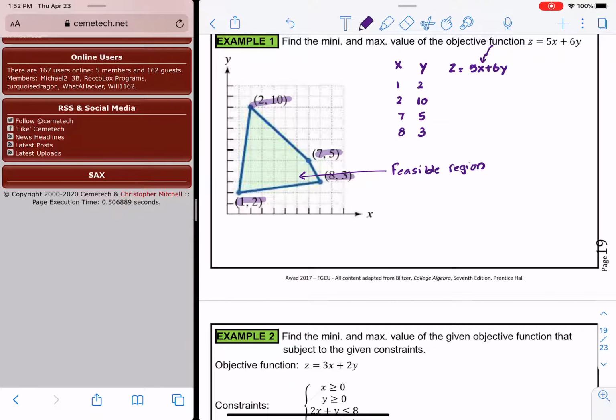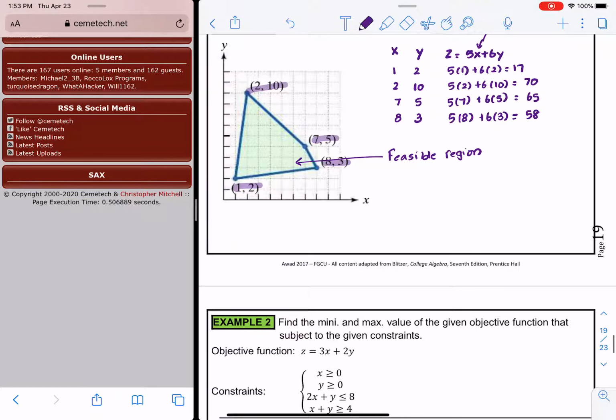So I'm going to evaluate the objective function in each of those points. So in the first one, it should be 5 times 1 plus 6 times 2, which is 17. The next would be 5 times 2 plus 6 times 10, which would be 70, and 5 times 7 plus 6 times 5, which is 65. And 5 times 8 plus 6 times 3, which would be 58. So the objective function is maximized with a value of 70